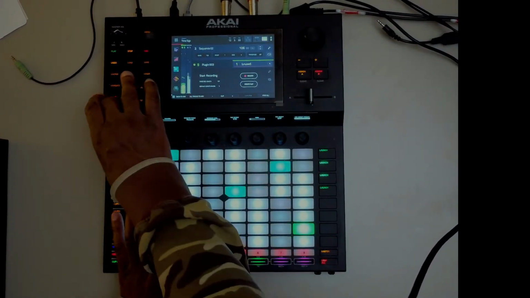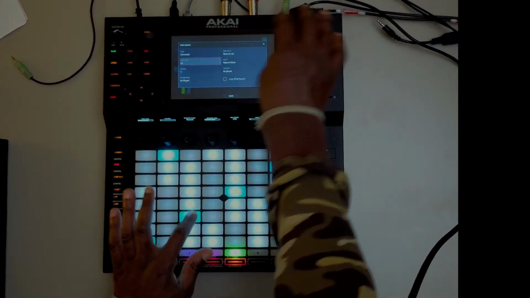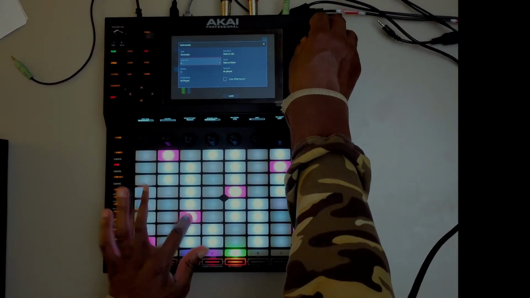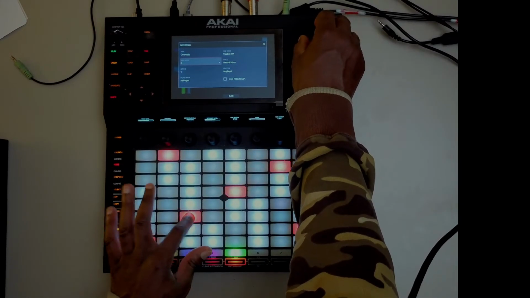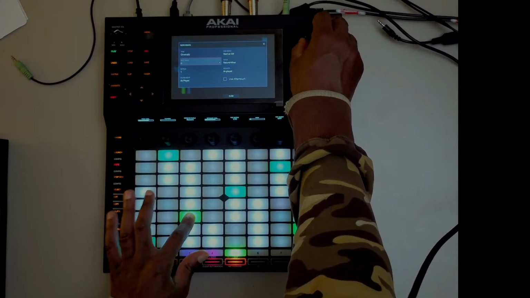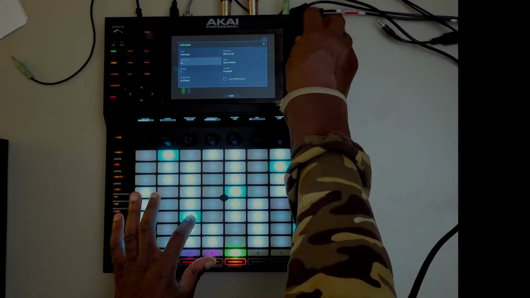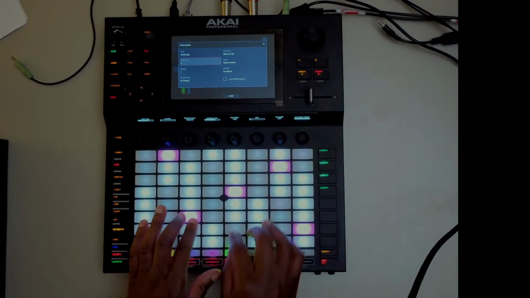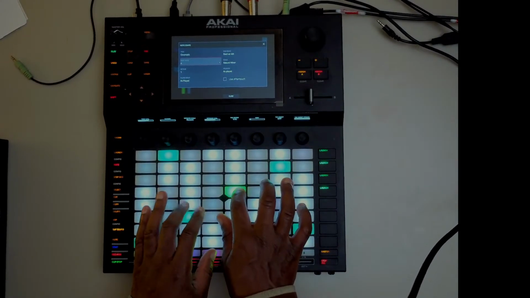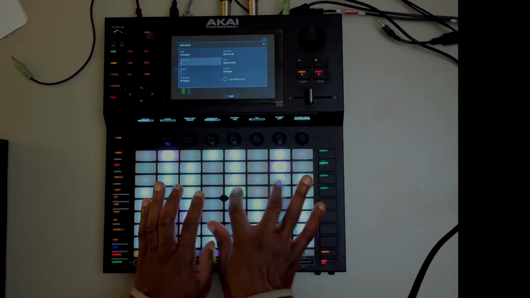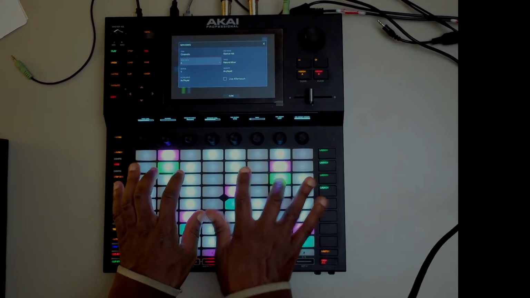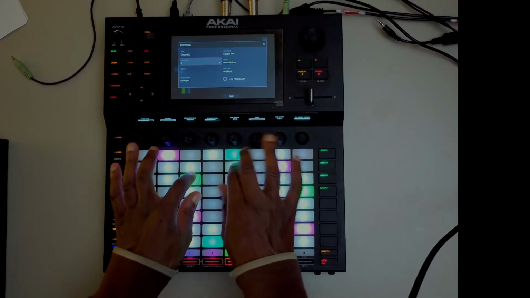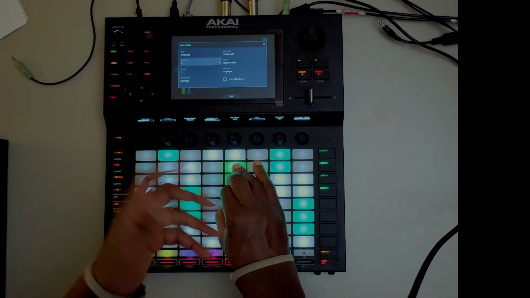So then I can come here and I can find the key. So I'm a jazz god now.